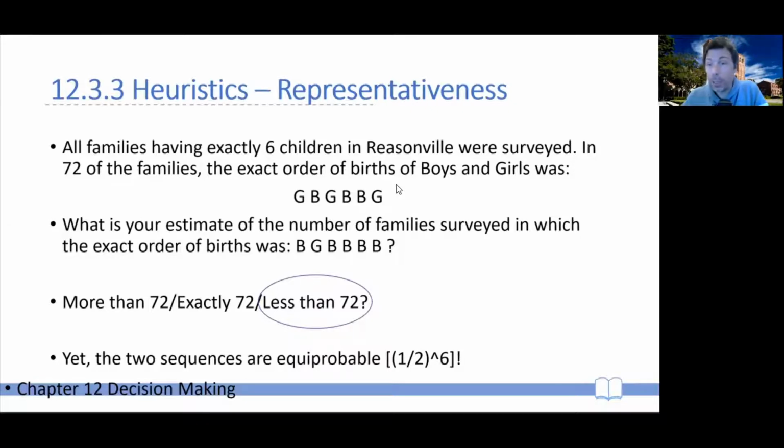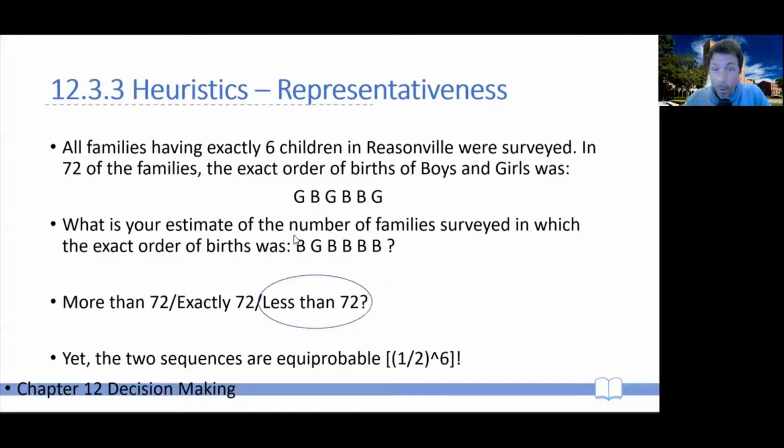If we assume that the probability of a certain sex at birth of a child is independent of the sex of the other children in that given family, then at every birth, the probability of having a B is 50%, and the probability of having a G is 50%. So what is the probability of this particular sequence here? Well, 50% times 50% times 50% times 50% times 50% times 50%. So that's 1/2 to the 6th, or just about 1.5%.